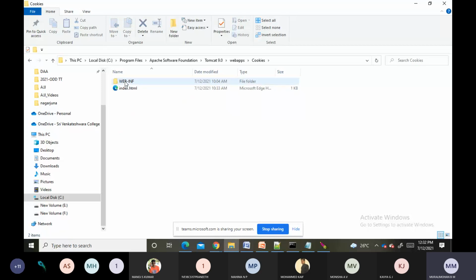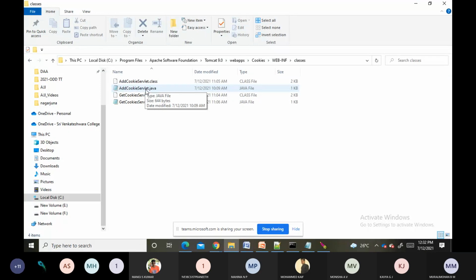Inside that I placed an index.html file, and inside WEB-INF the XML file is there, and inside classes you see the AddCookieServlet.class file is generated by compiling AddCookieServlet.java, and GetCookieServlet.class is generated by compiling GetCookieServlet.java. Now my class files are ready.